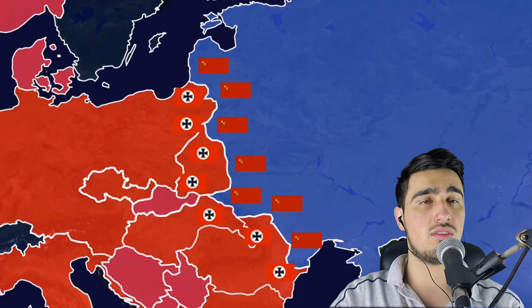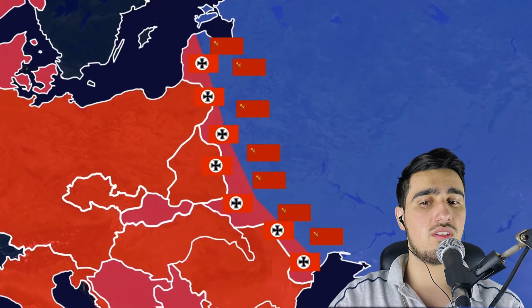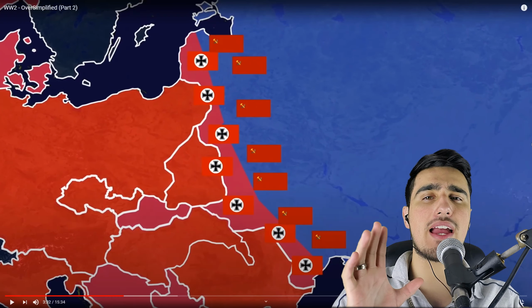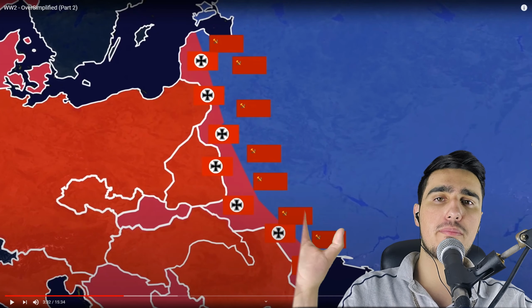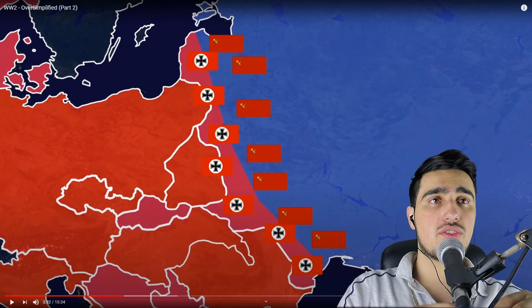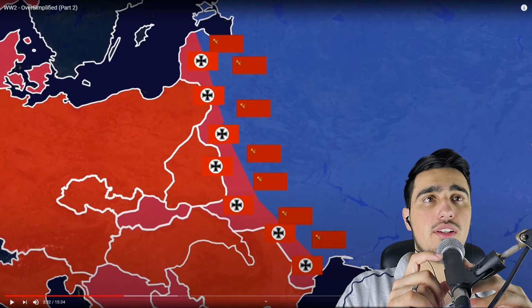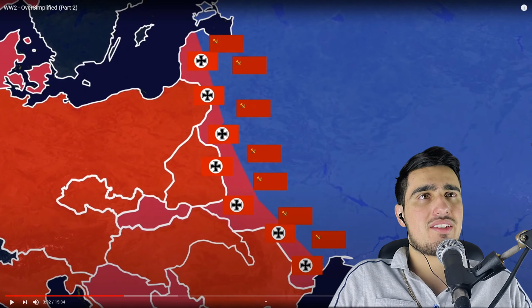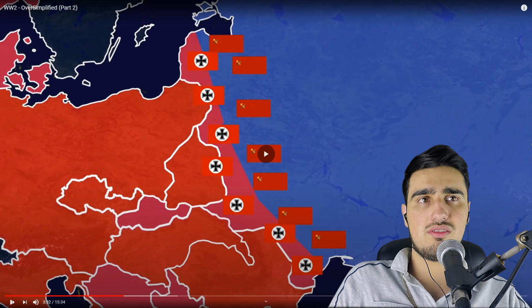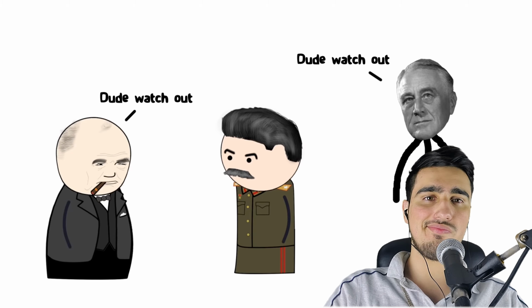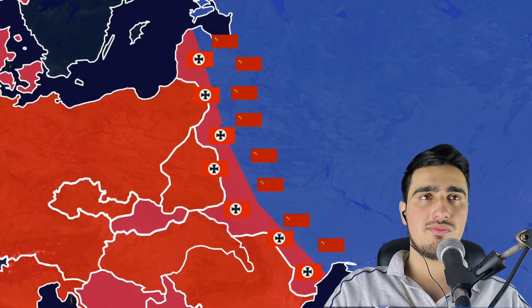With 3 million troops, Hitler launched the largest ground invasion in history. Just imagine 3 million people stretched on that amount of land. Seems pretty insane, man. Seems pretty crazy. Wow. Stalin was far from ready. Both Churchill and Roosevelt had warned him of an impending attack, but he dug his head in the sand and the Soviets didn't stand a chance.